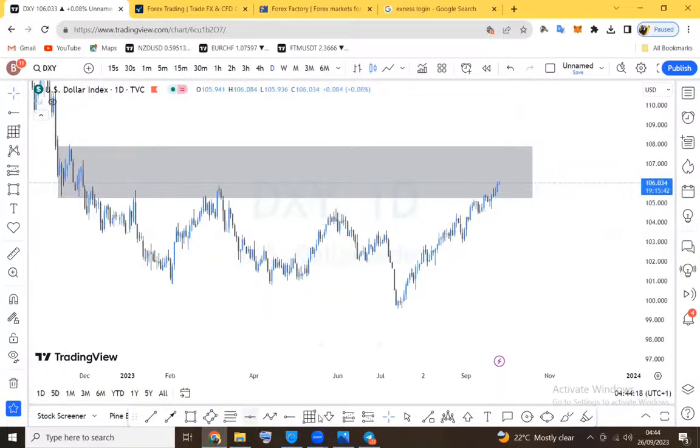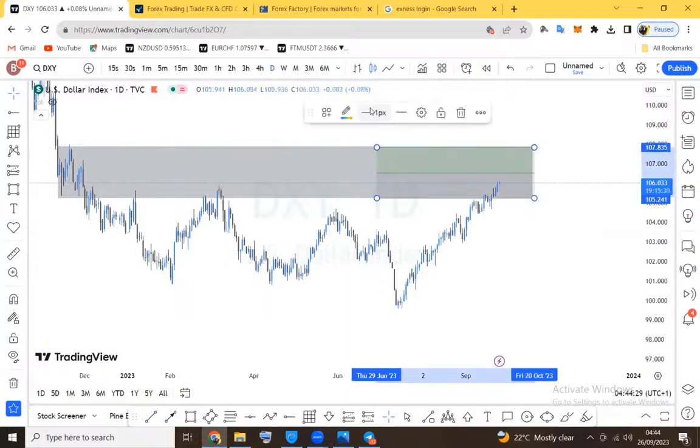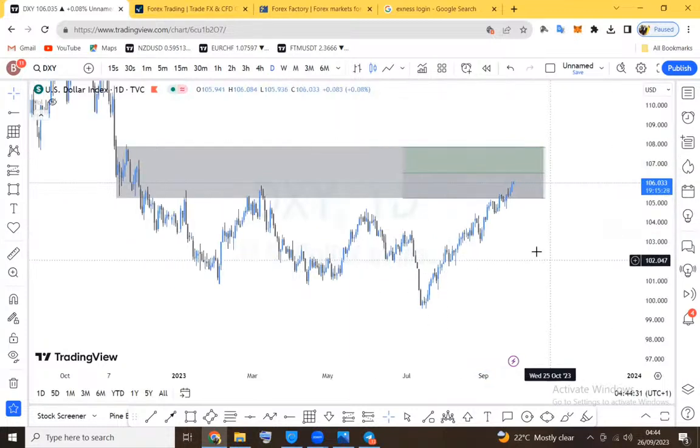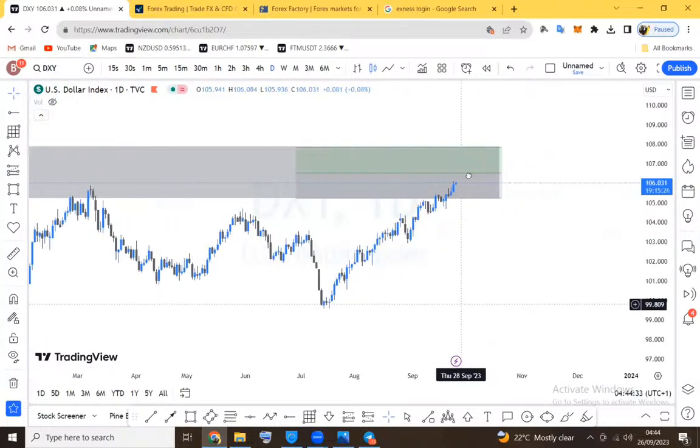And we will quickly divide the area into 2 equal halves. So 50%, 50%. And we definitely expect price this time around to be able to penetrate at least 50% of the area before we can have a significant price action.